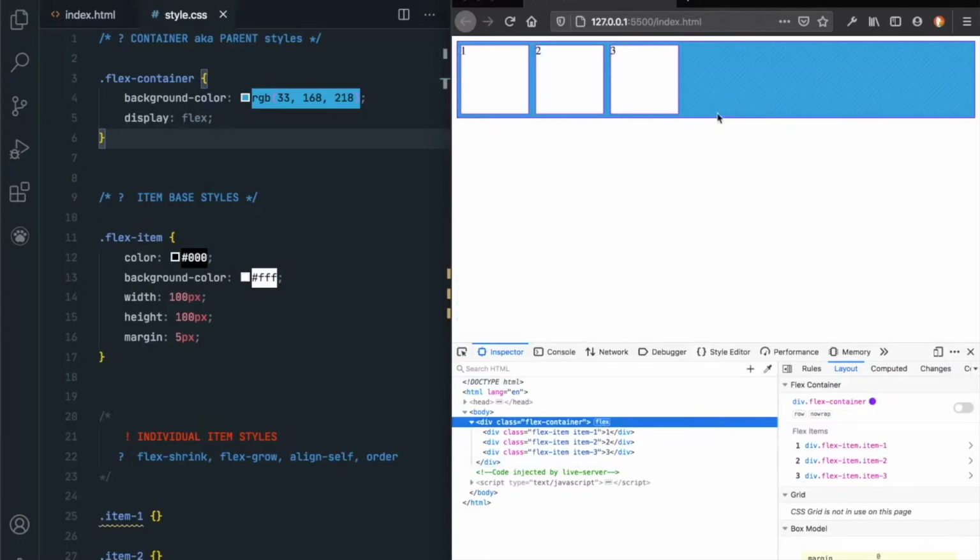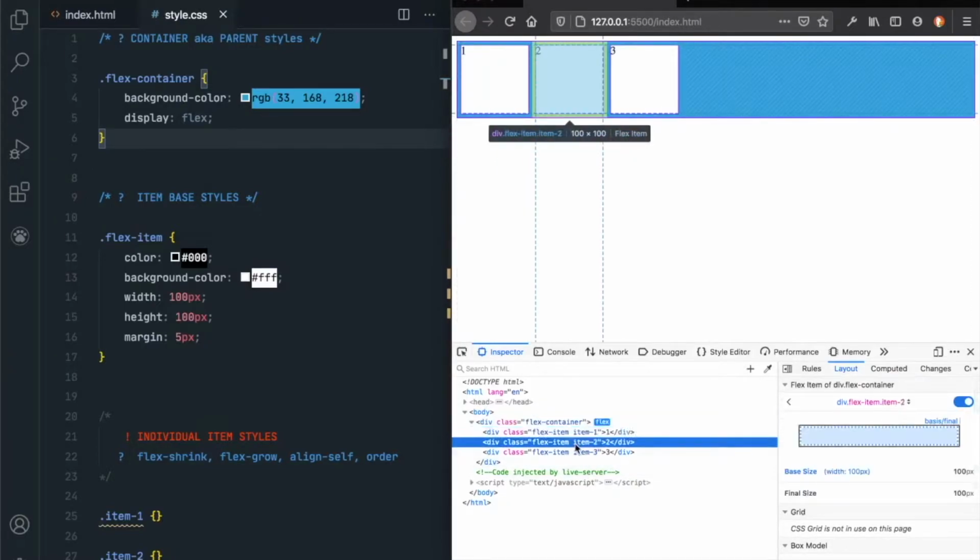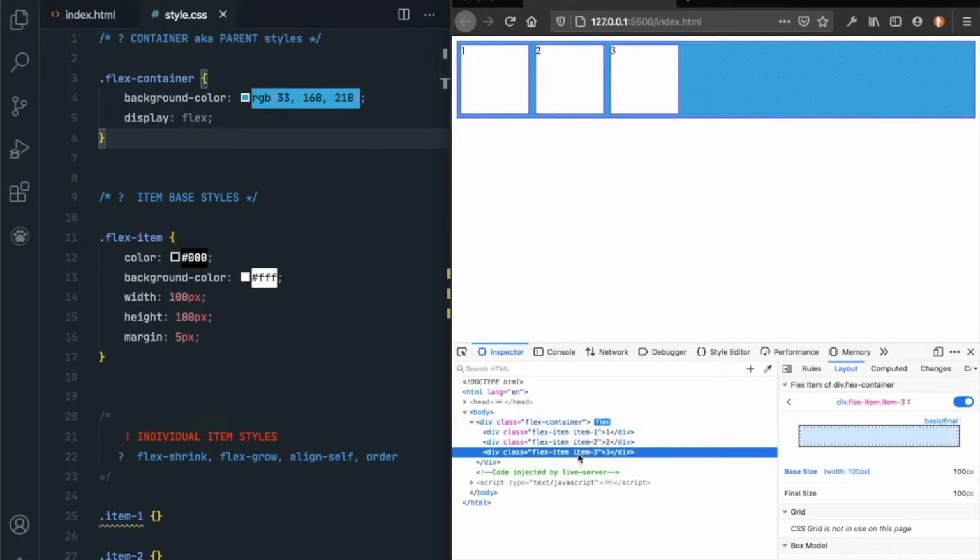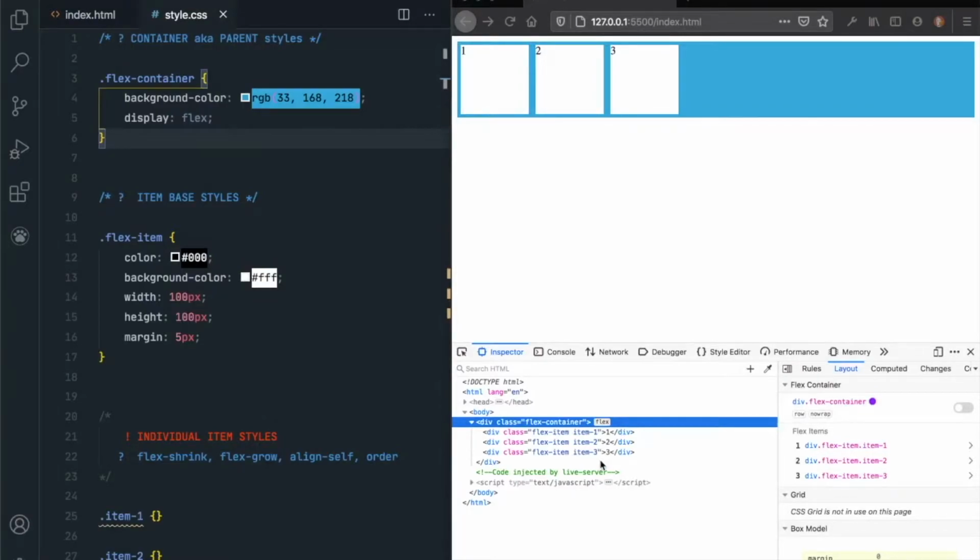As soon as we click this, you can see a Flexbox layout applied to this container by the browser, and each item is set as a flex item. This toggle is just a visual representation for us. You don't need to toggle this every single time while using Flexbox.